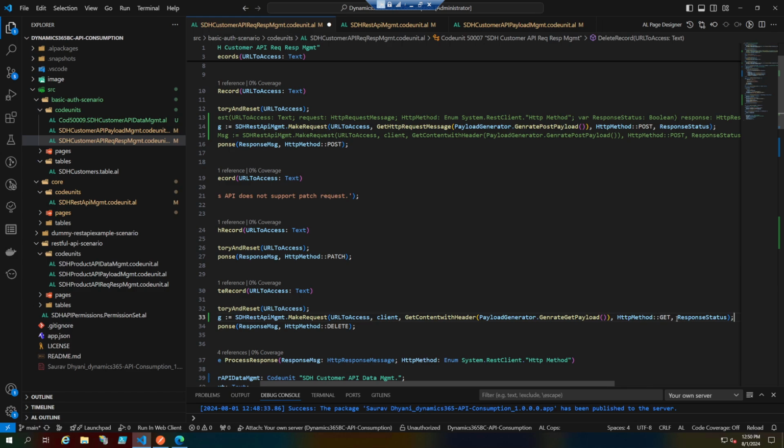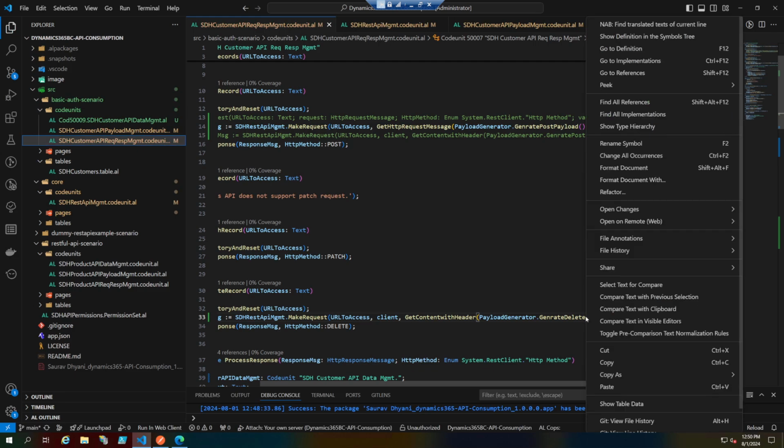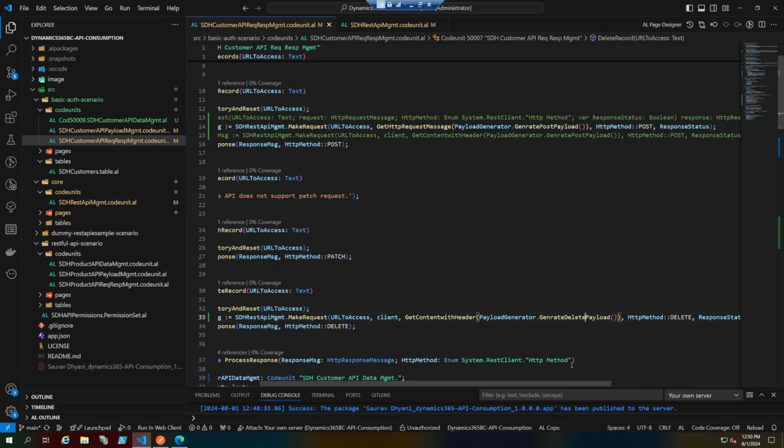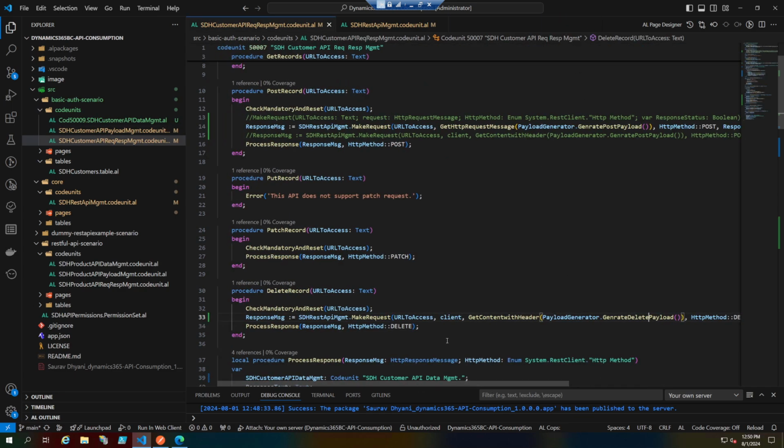Okay, so I'll have to change this to delete. Okay, and then change this to generate delete payload, which is nothing, to be very frank. I'm just trying to maintain the consistency of the functions. But if you look at it, in the delete in Business Central, you don't have to pass any payload, because you're just removing a record, right? So let's go F5,